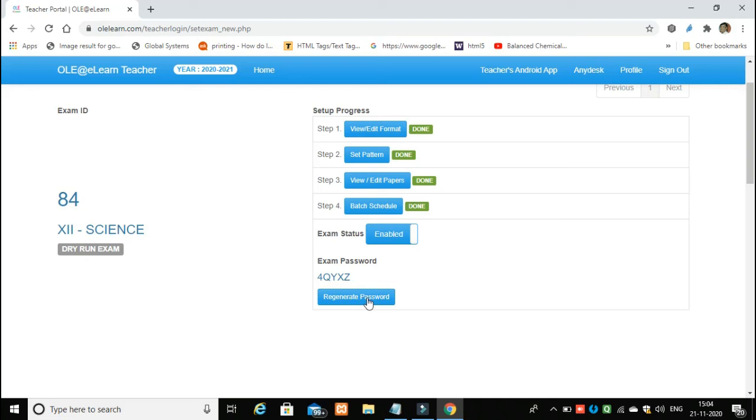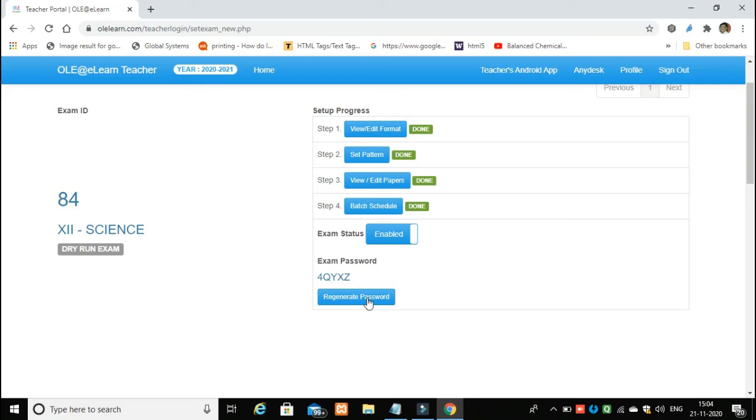So only admin person can enable or disable the examination, and once you go till this step, the papers are distributed to the students, the password is with you, at the time the examination is starting, just disclose the password and the examination can be done by the student by selecting his roll number. You can start your examinations freely.